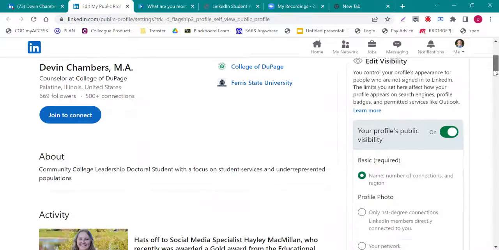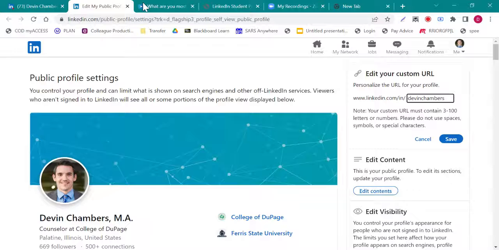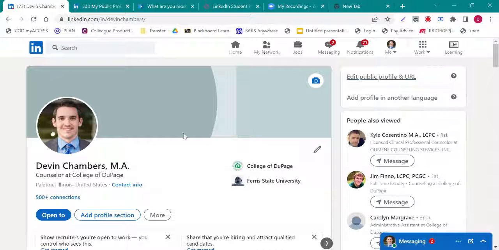And so that's how you edit your visibility. And then I want you all to go back to your profile. Now I'm going to talk about photos. You can have a cover photo, just like in social media. I don't personally. It's not necessary to have one as long as you have a headshot, but you can if you want to. Just make sure it's appropriate.